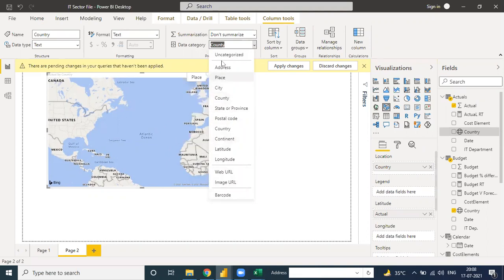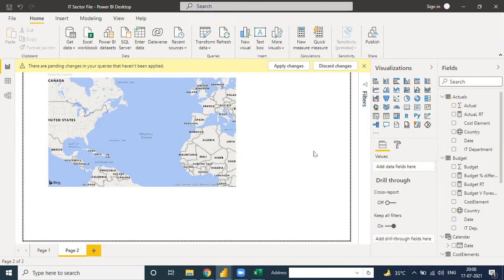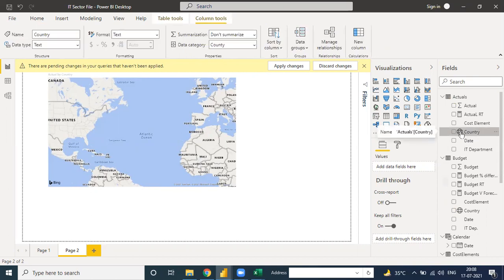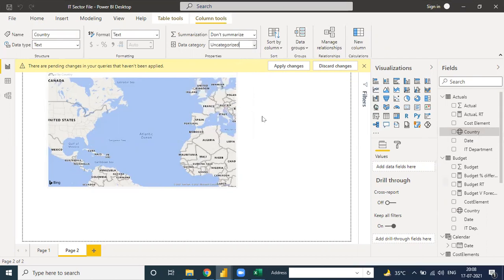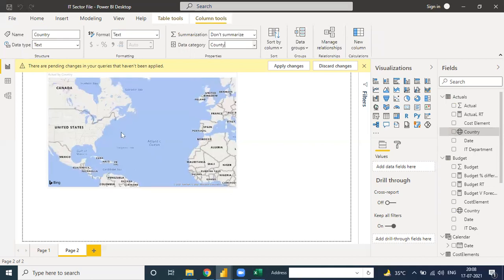Okay, sir. Yeah, so choose the country from here, after that you can reconcile your chart with the correct scenario. Make sure that for all the countries like this, there is a map like this kind of map when I put, suppose, uncategorized. Okay, see, the map is there after apply changes. See, the map is going on. It means it is not a country. It is an uncategorized value. When you select the country and again check the country, then it will show that it is for a country mark. See, then you put it on the area. Then the area chart comes automatically.